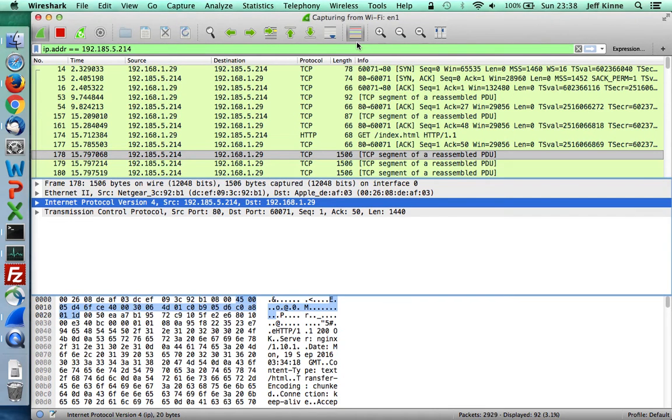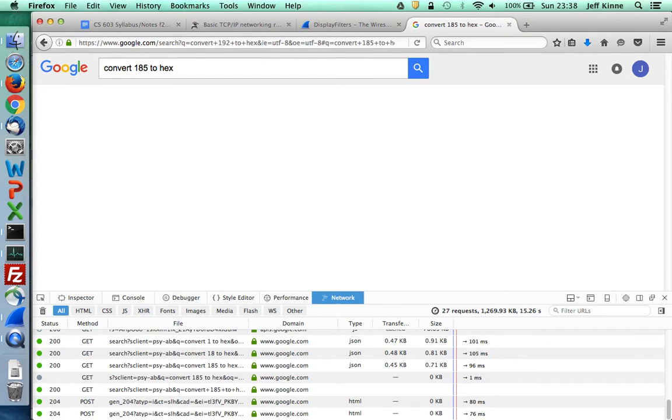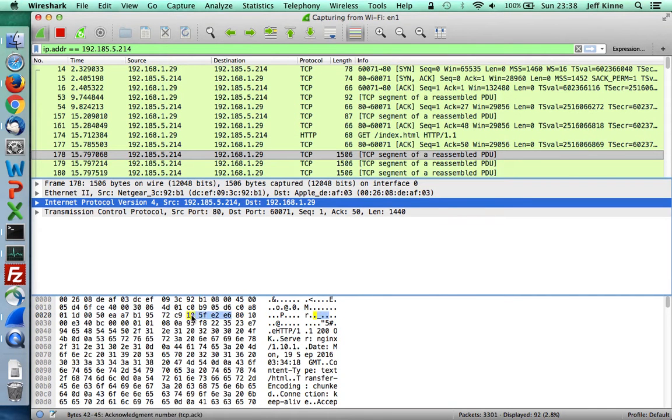So let's look for C0. So somewhere inside of there I should see C0, and there it is. That's 192, and then let's see about 185. B9. Okay, so there's a C0, B9, and if you convert 5 to hex, that's just 5. If you convert 214, that's going to be D6. And then C0 again is the 192 of the destination, and A8 is going to be 168, or 1, and 1D is 29. So that is where the IP address is inside of the IP